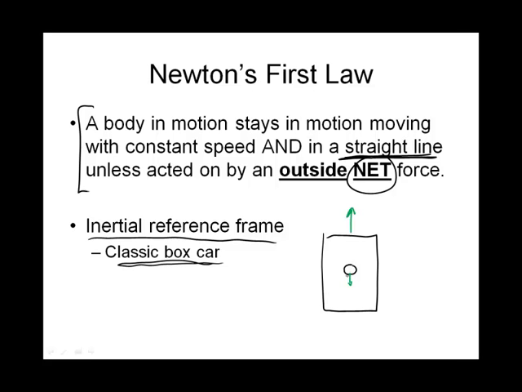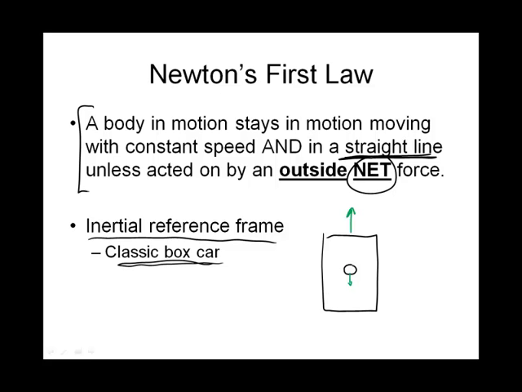the puck move backward. Now, as we examine the puck, there are no forces acting on it towards the front or towards the back of the boxcar. And yet it's moving, starting at rest, and now moving in the backward direction. And so that breaks Newton's first law. It's not staying with a speed of 0, it's changing speed, and yet there are no forces acting on it. And that's what I mean by Newton's first law being broken in this non-inertial, that is to say, accelerating reference